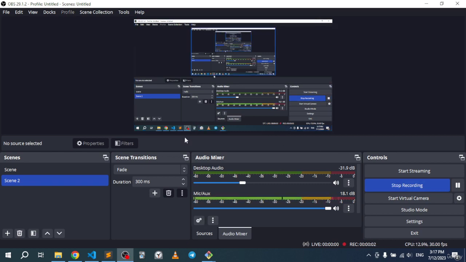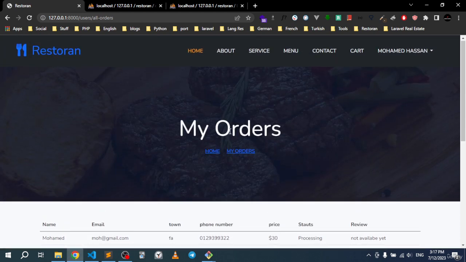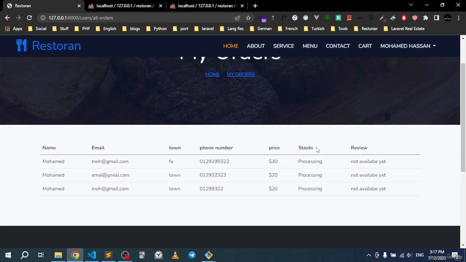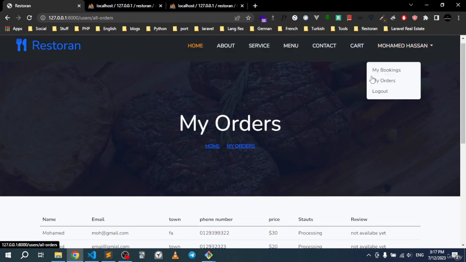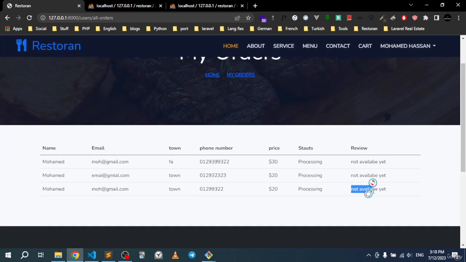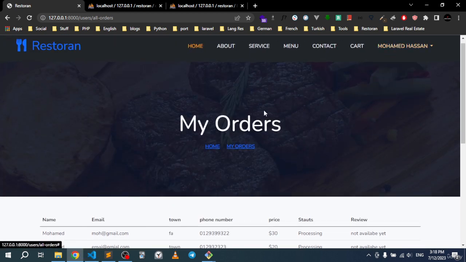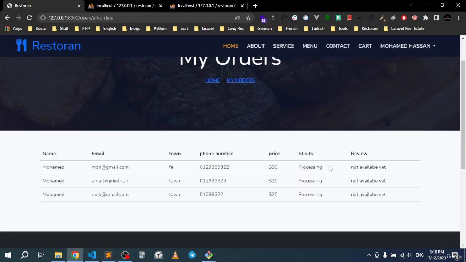Alright, so now let's go ahead and allow the user to review these products. To review either the orders or the bookings right here, because they're like 99% similar. To do this, of course, we're gonna alter any one of those and make it booked, for example, or make it booked in the bookings, or delivered in the orders right here, in order to work with this. All right, just for now,